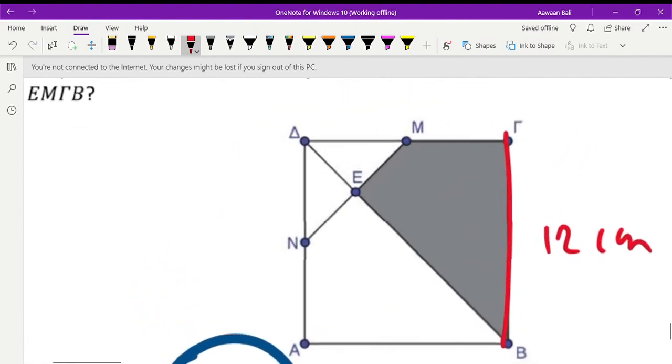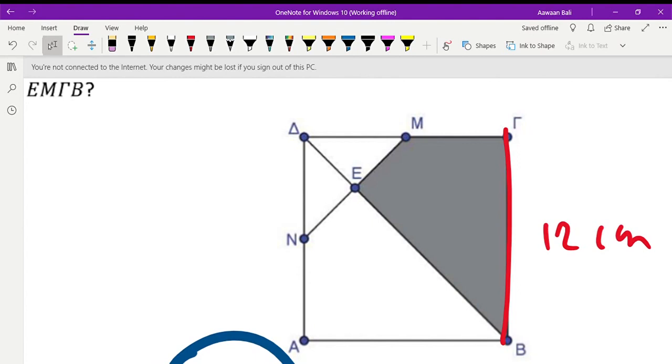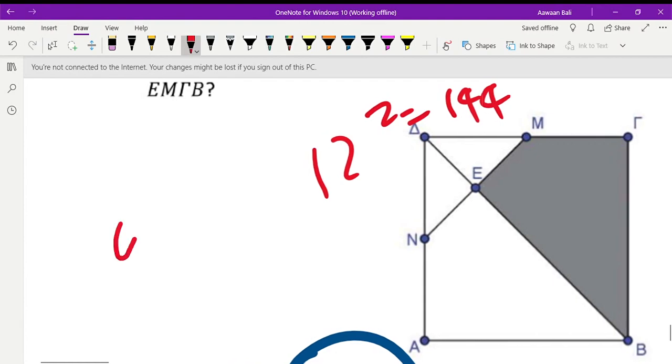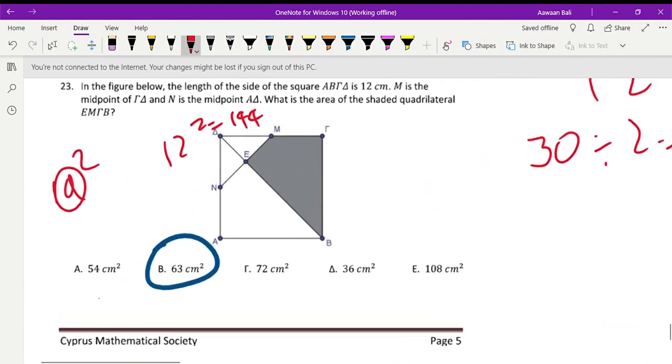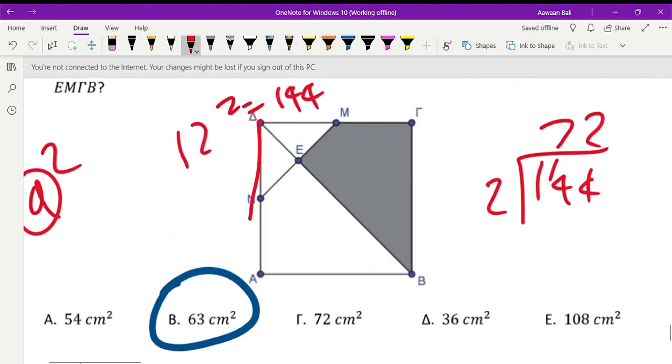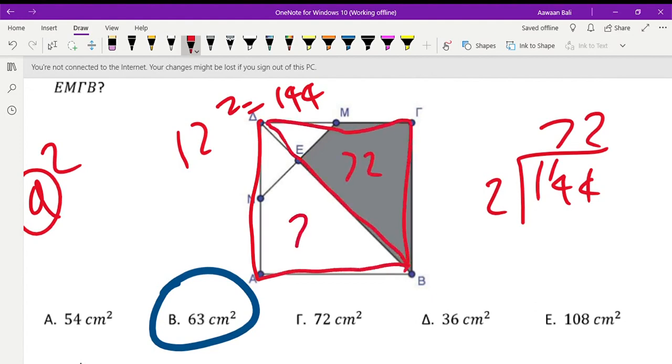So to find this, we'll have to find the area of the triangle, the half of a square. So basically 12 squared is 144, since the area of a square is a squared, where a is the side of the square, and a is 12. Then we divide it by 2, so we get 72, which means this and this are both 72. Now